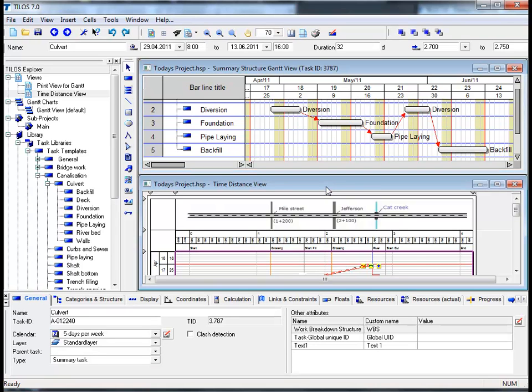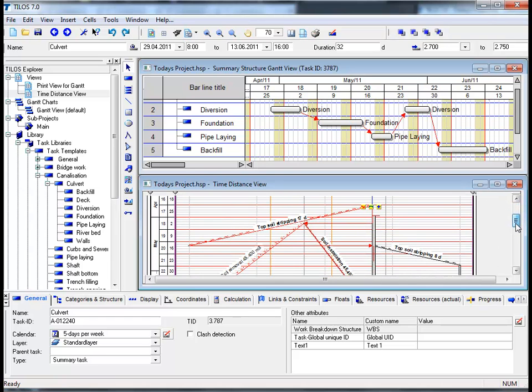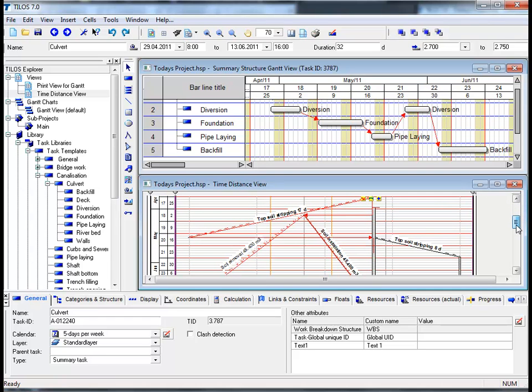Let's click on the lower part of the screen for a moment, which depicts the time distance view. I would like to show the culvert, because this is an important exercise visually in showing you how both the Gantt chart and the time location diagram actually interact with one another,